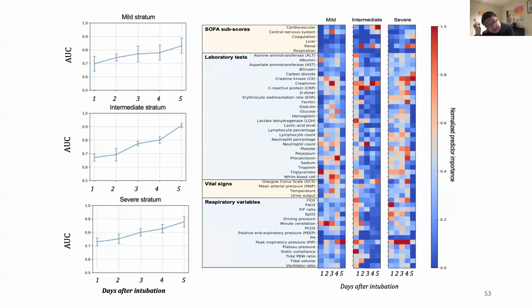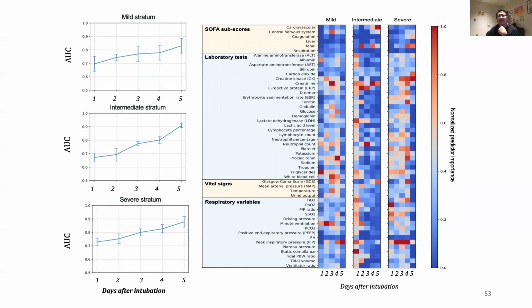As we said, we want to build predictive models from the clinical characteristics of the patient at an early stage, and this shows the prediction performance. The predictive model here is based on the random forest classifier. We can see that if we use more and more information from day 1 to day 5, the classification performance increases. The algorithm achieves the best performance on the severe stratum, and suffers the most on the